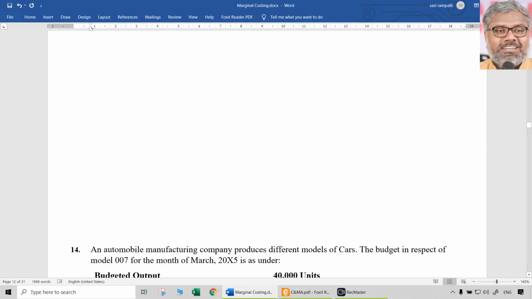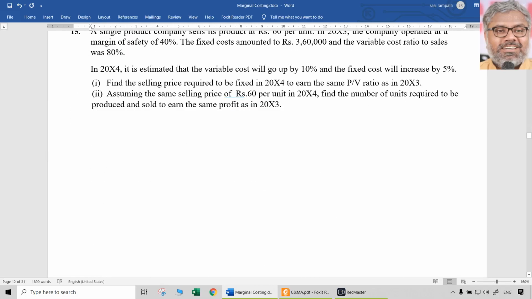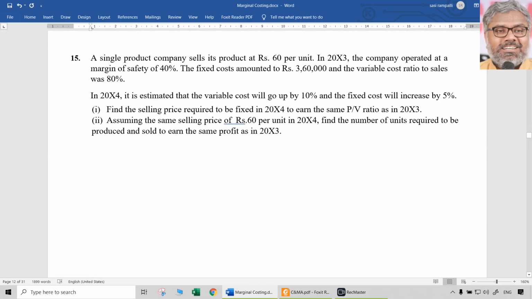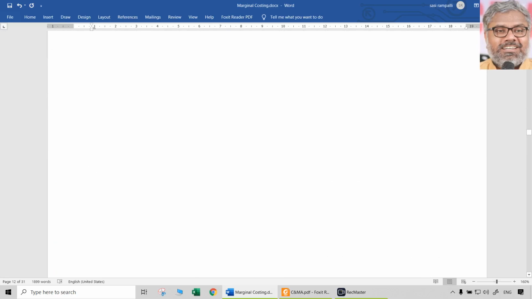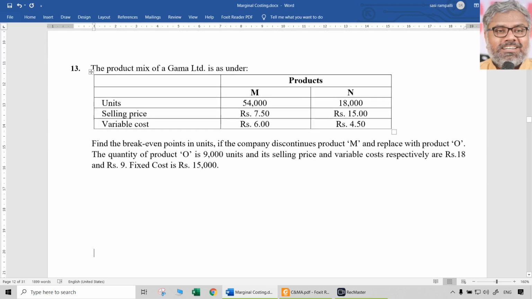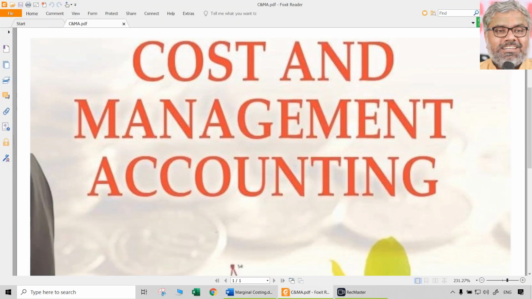So question numbers 13, 14 are also little different ones, little big ones. So we'll continue this discussion, I think, in the next session. Other questions we have done already earlier. So the remaining questions related to the formulae, some of them, and we will also solve some questions on decision making, short-term decision making, how to use the principles of marginal costing in short-term decision making related questions. That also we'll discuss in the next session.